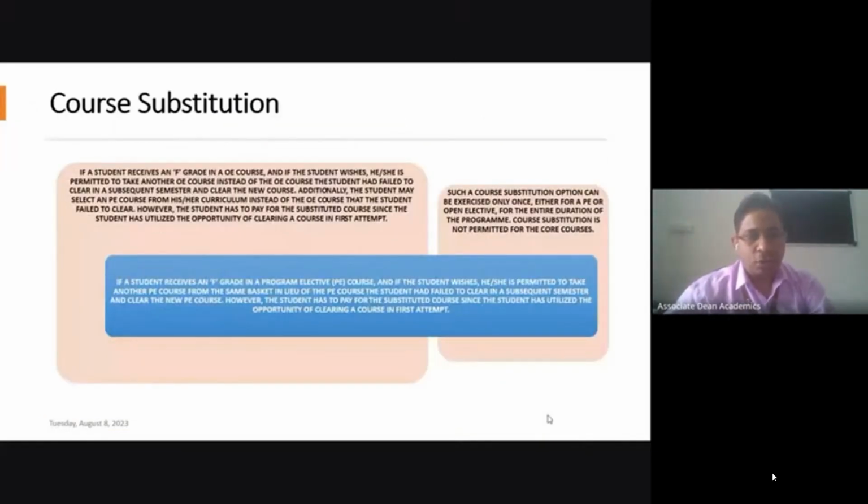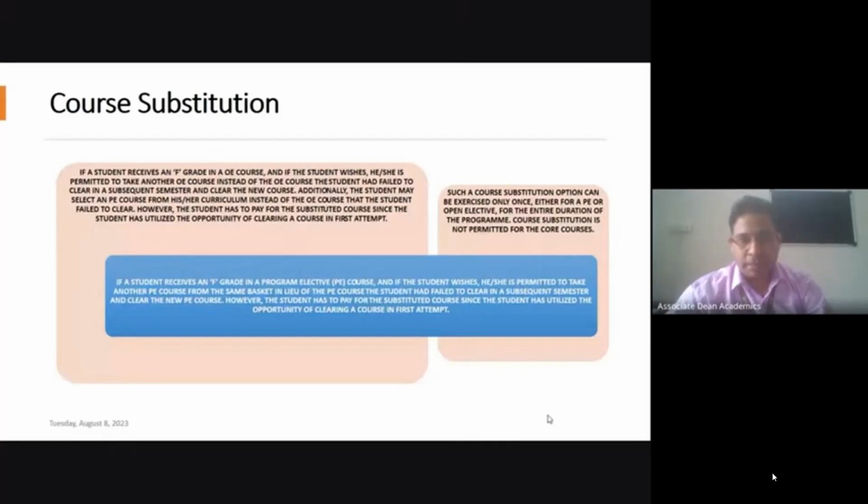Then course substitution, as I already mentioned previously. If you have a failing grade in a particular course during a particular semester, particularly in the elective category, whether it is a university elective or program elective, you will be allowed to replace that course once in your entire degree duration, to complete the credit requirement for the failed course.